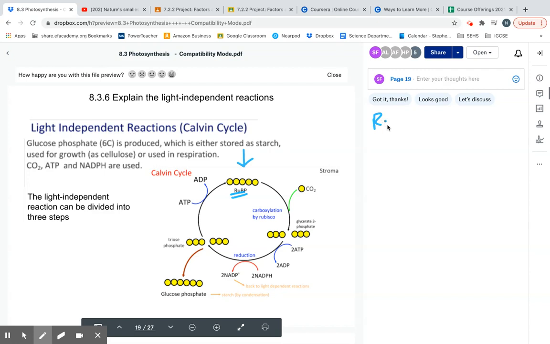RUBP stands for ribulose bisphosphate, and it just lives there. If you look at it, it's a 5-carbon molecule, and what's going to happen is this carbon dioxide from the atmosphere is going to be fixed, which means connected, fixed to this ribulose bisphosphate, and that's fixed with a very